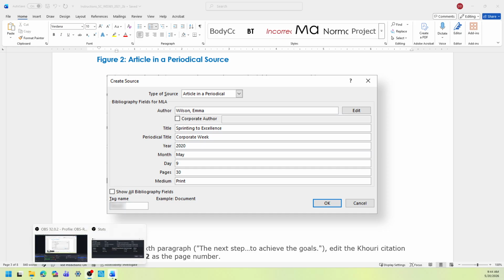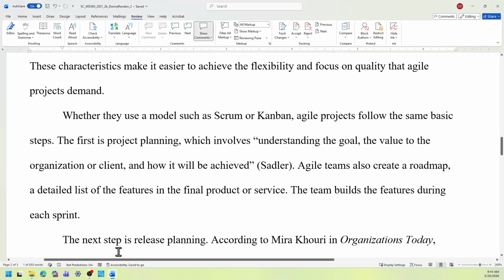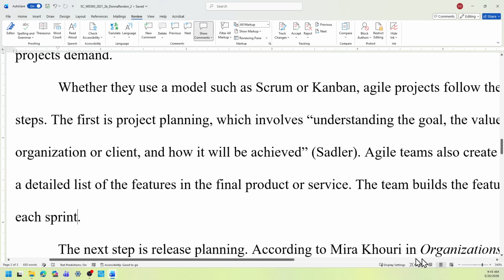So going back now to the start file. Okay, so it's actually in the same paragraph, right? The last sentence, "The team builds the features during its sprint." You're going to place your cursor before the period, and then we're going to create